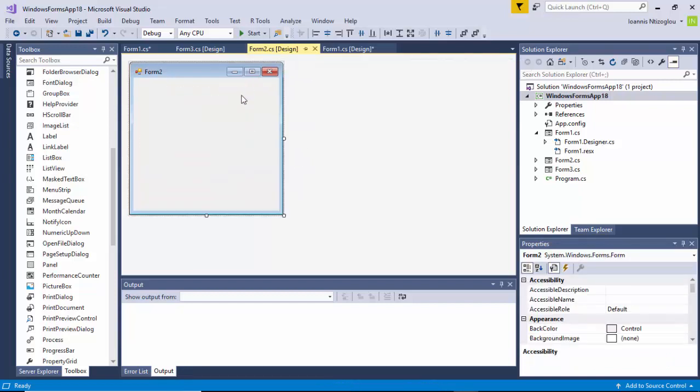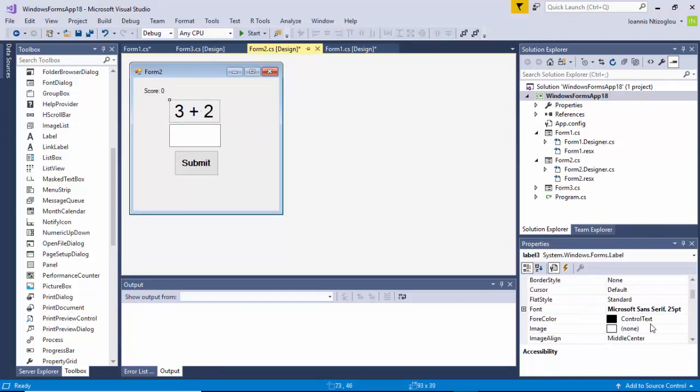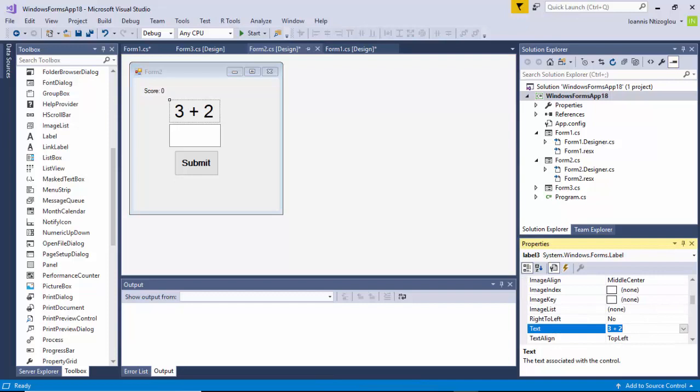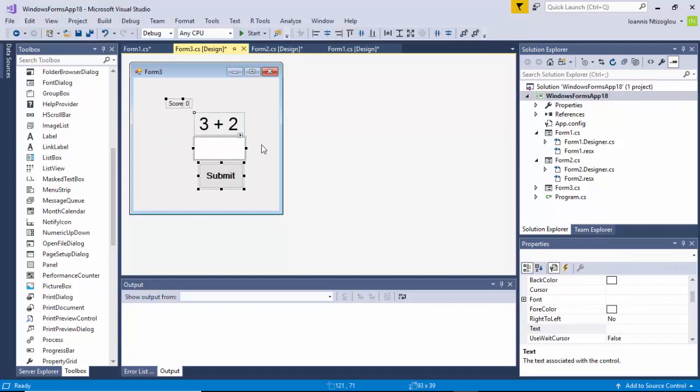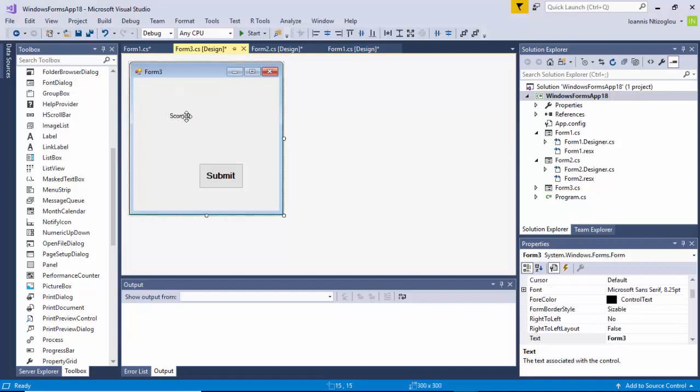I'm going to go to my form view, form 2. I'm going to right click and select paste. The only thing I'm going to change is the value of this text. I'm going to say 6 plus 8. Let's put some spaces, and I'm going to go to form 3, and I'm just going to paste that, and I'm going to delete that. I'm going to highlight this, bring it further down, highlight again, and I'm going to change the font